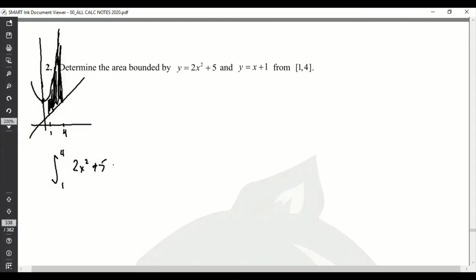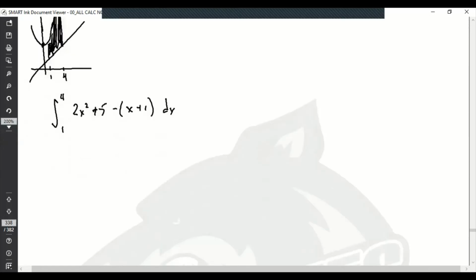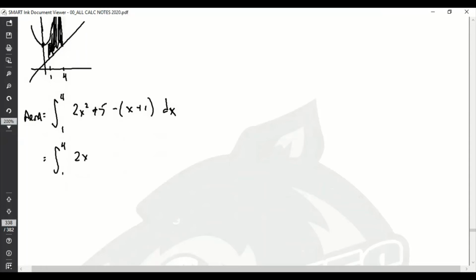Our lower is minus bracket x plus 1. Our area is equal to this, so that's equal to the integral from 1 to 4 of 2x squared minus x plus 4 dx. Antiderivative of that,